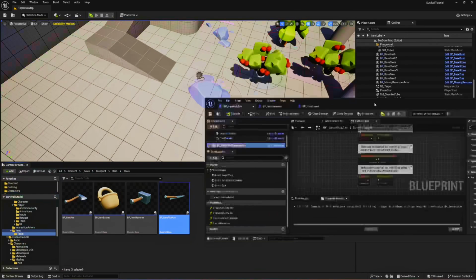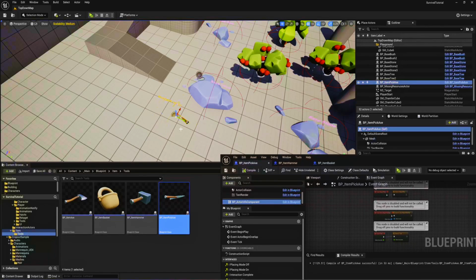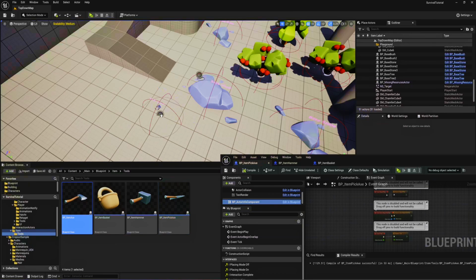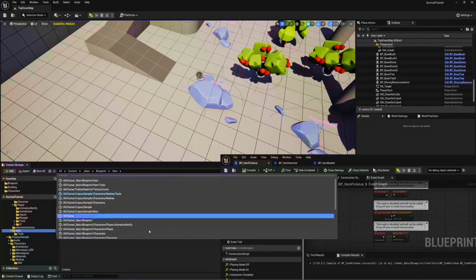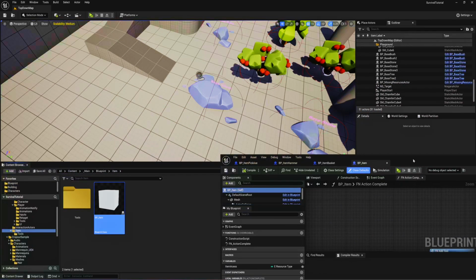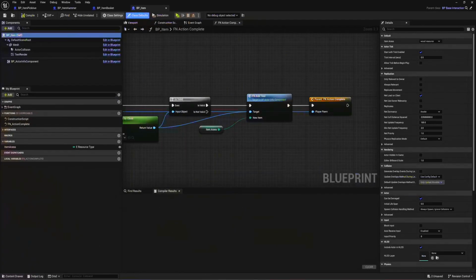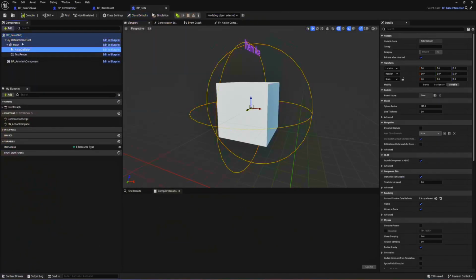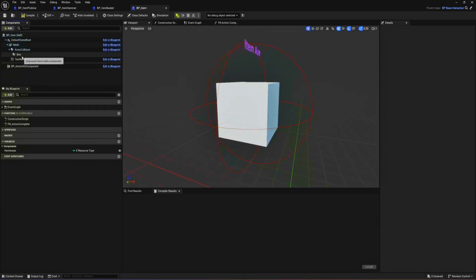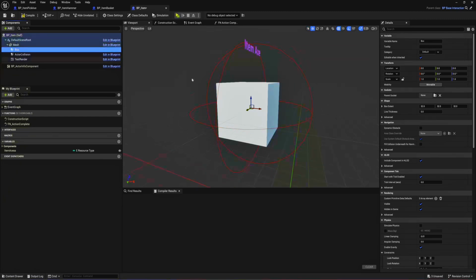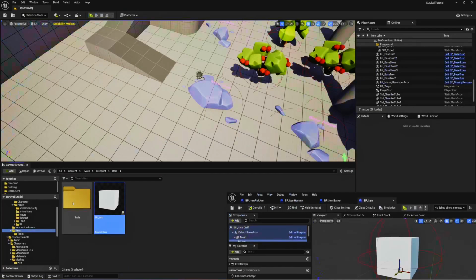Now I think that should work fine. One thing I noticed is that they don't have collision. So what I'm gonna do here on the item, I'm gonna cheat a little bit. I'm gonna do the whole find collision box, right? And this box is gonna be attached to the mesh. We're gonna put this one right there, something like here, just so that when we drag and drop the item here,